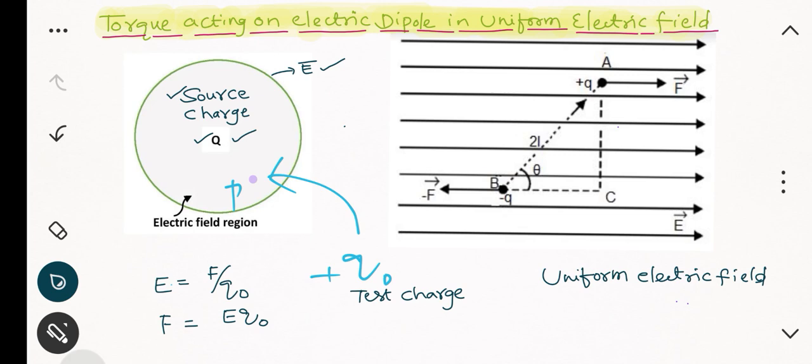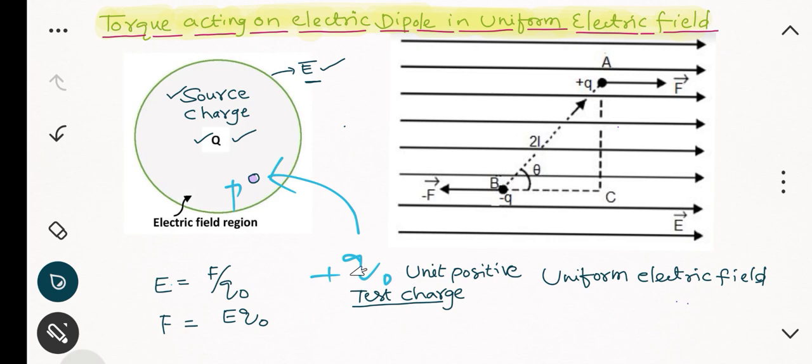In order to find out the electric field intensity produced by the source charge, we have to take a test charge, that is, a unit positive test charge. If we place a unit positive test charge at a point P in an electric field,